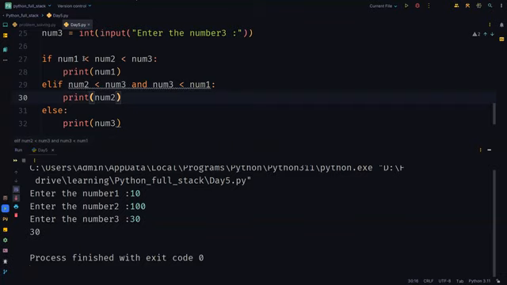So what should happen is number one is lesser than number two. And again, in case number one